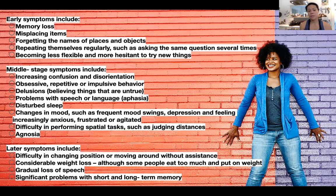And sometimes sleeping is an issue, and mood changes. So sometimes all of a sudden they get really sad, and all of a sudden they get mad. And feelings of depression and anxiety can be very, very prominent during the middle stage of Alzheimer's,